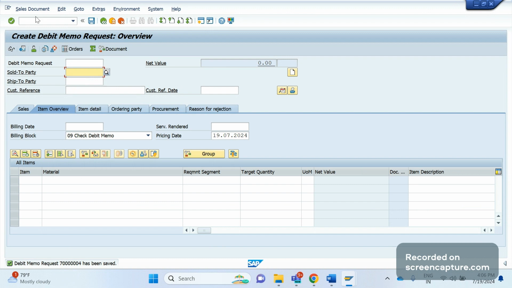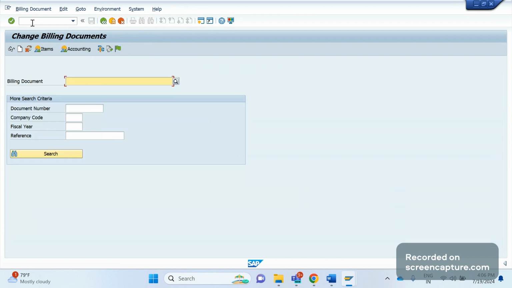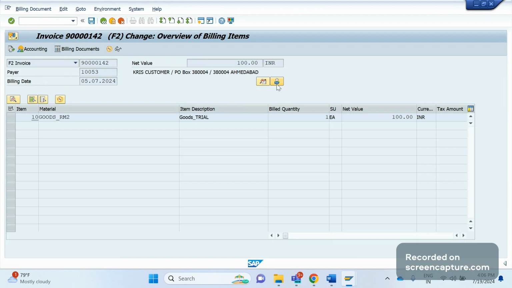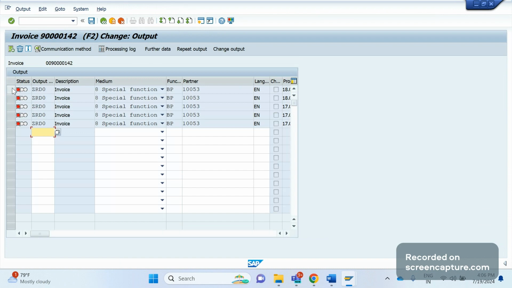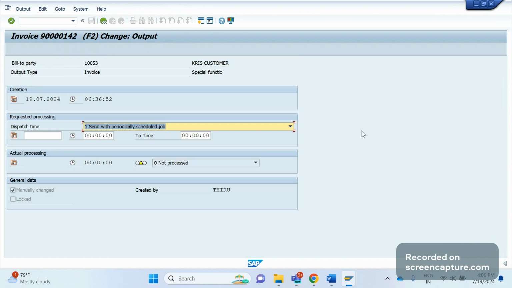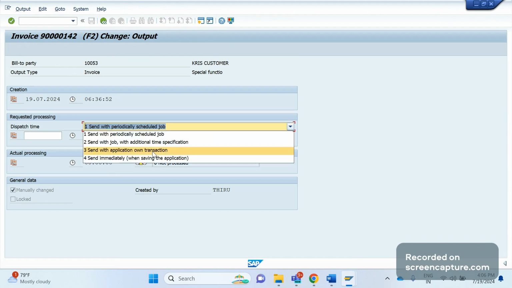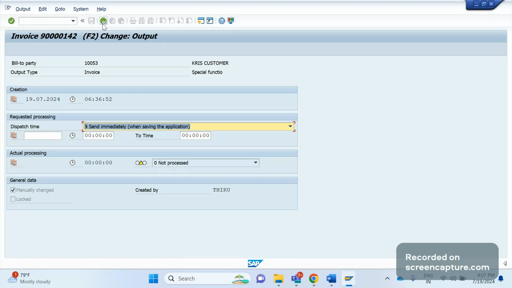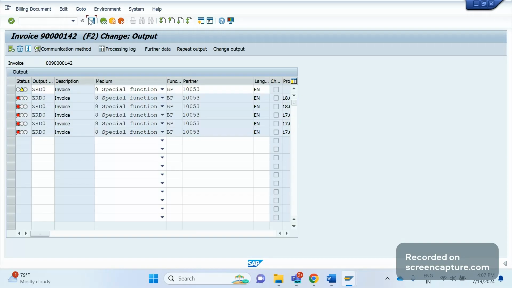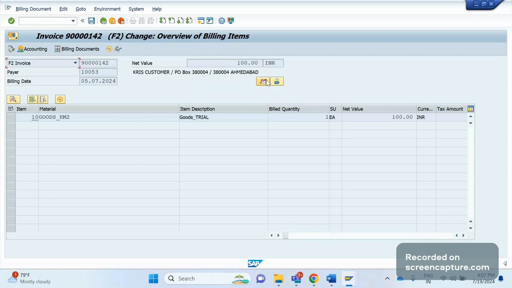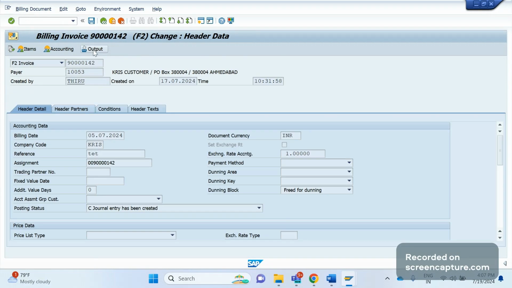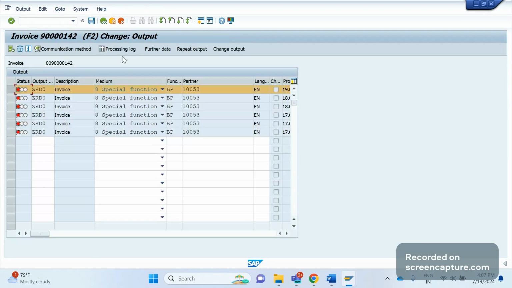Okay, let me show you. So what I will do, I will try to assign the output type now. So ZRD0, repeat output. Remember that if you mention send with, okay, if I mention 4 here now, and if I save this one, it means I will get a locking issue. The output failed due to the locking issue. If you see here,